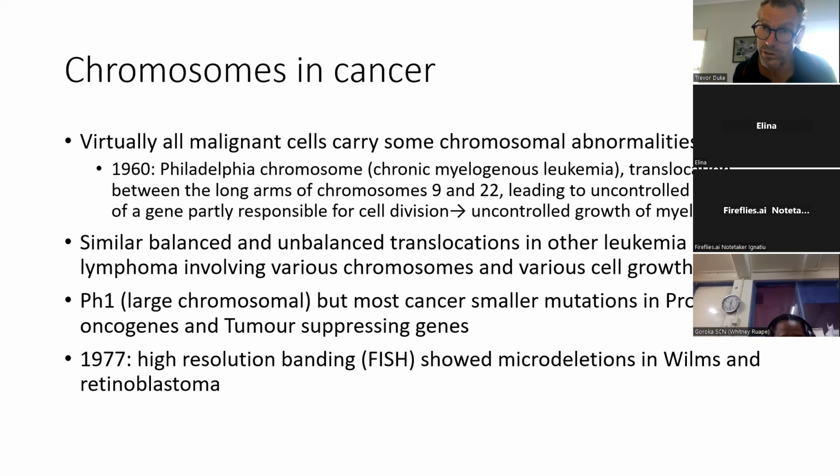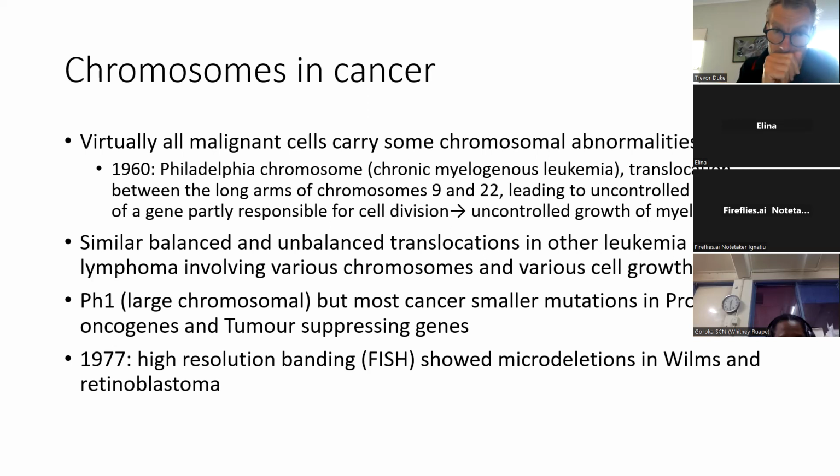If a child's got the Philadelphia chromosome, then that puts them into a higher risk group. Similar translocations to the Philadelphia chromosome, Ph1, have been identified in other leukemias and lymphomas involving different chromosomes and cell growth generators. The Philadelphia chromosome is a large chromosomal change, but most of the proto-oncogenes and the oncogenes involve much smaller mutations, maybe one or two gene defects in these